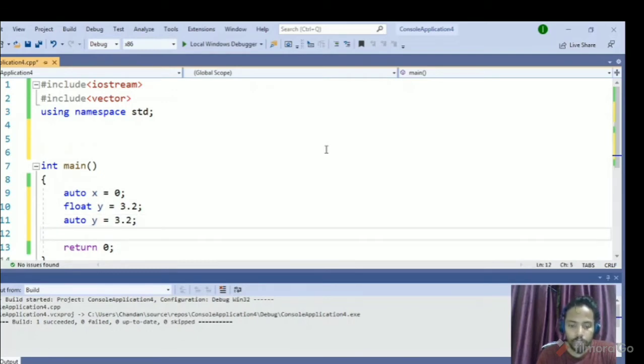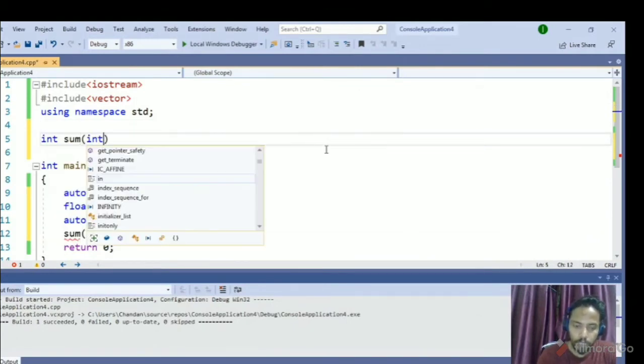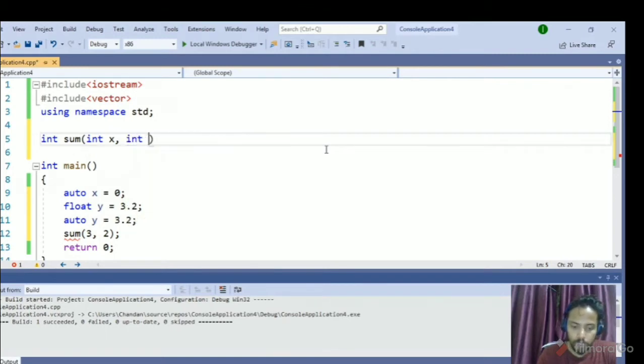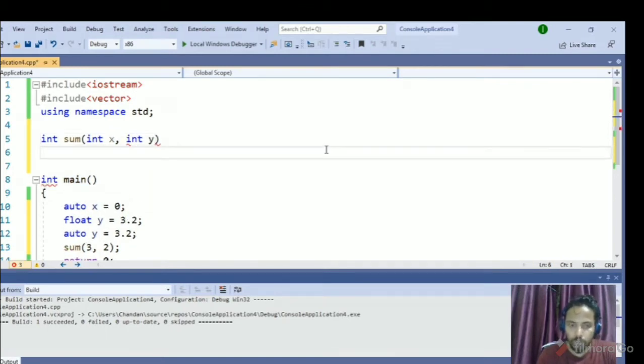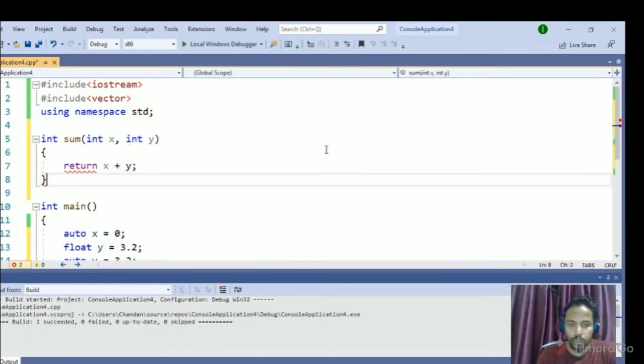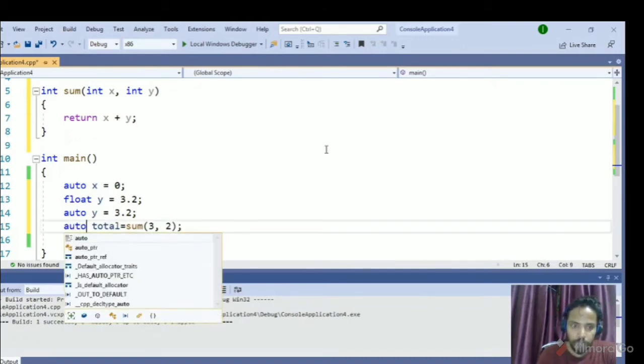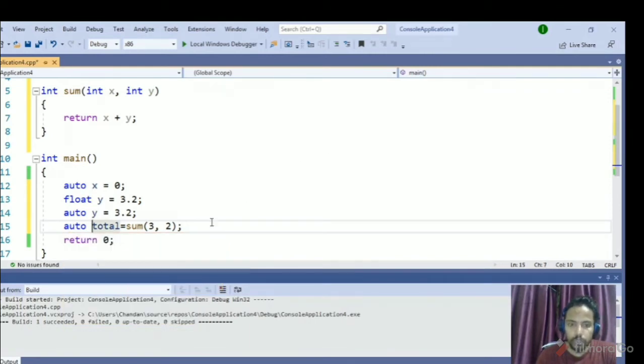Okay, so you can also use auto for a function as well. For example, you want to add two numbers. So let's have a function here which takes arguments of two integers and returns its sum. So you can return x plus y here. So instead of using int total equal to sum(3, 2), you can do auto instead. Okay, so also you can use auto with your